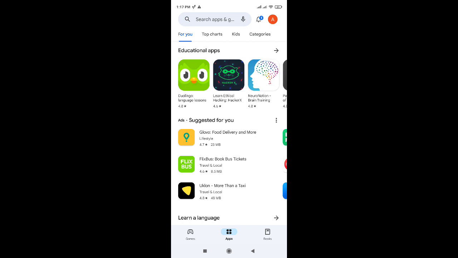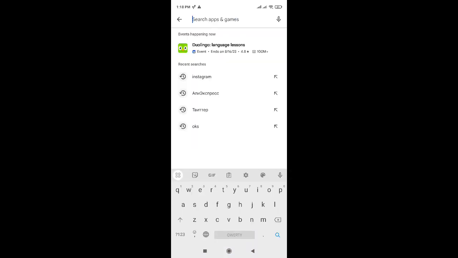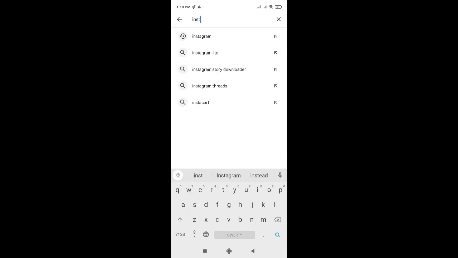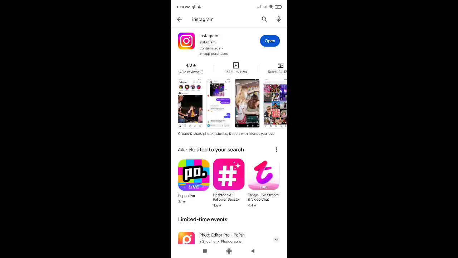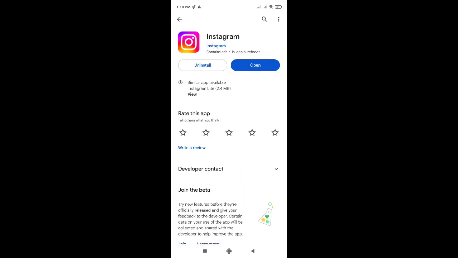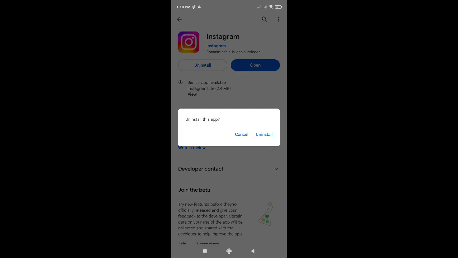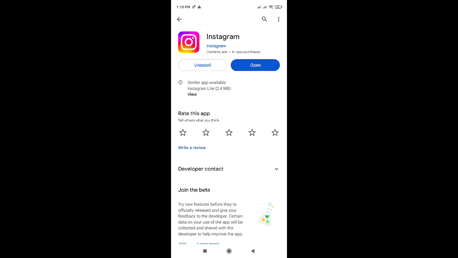First you need to open the Google Play Store on your phone and then go to the search bar on the top of the screen and here enter Instagram. Then find the Instagram app and go to the page of Instagram and then click uninstall, and then click on download this app, install again and wait for loading and then installing, and then open the Instagram again